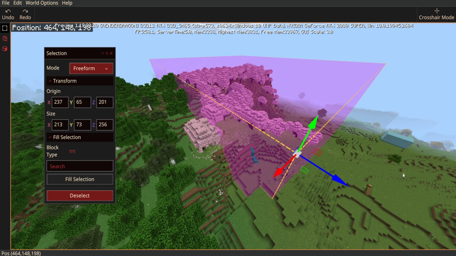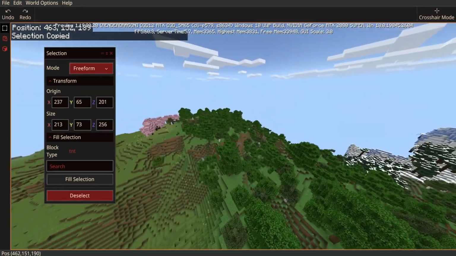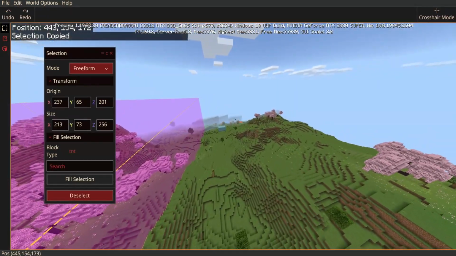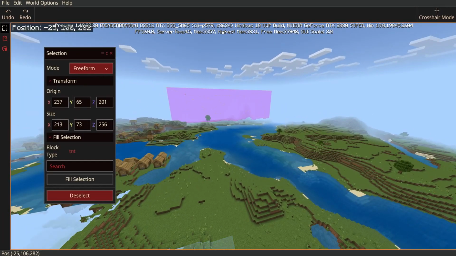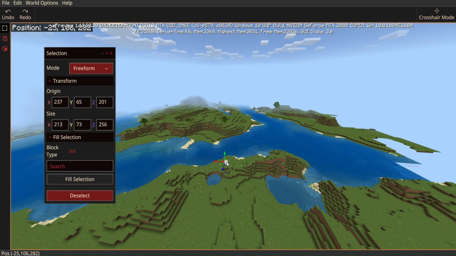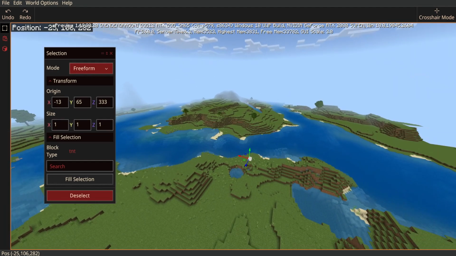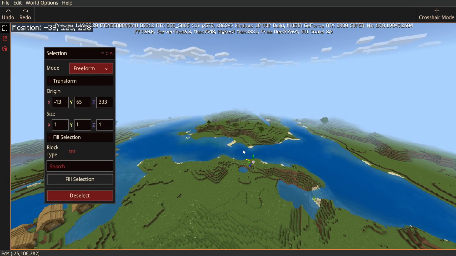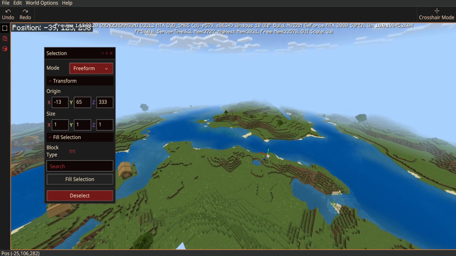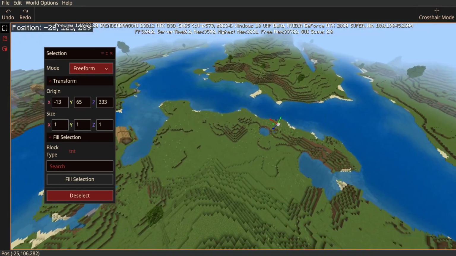I'm going to hit Control and C. Again, at the top, it's copied in no time. And then now I need to go find a location where I would like to paste it. So I believe there is a limitation on how much you can copy and paste, but I'm going to tap this here and hit Control and V. Now, this does not happen instantly. And this is something that can take a little bit of time and does cause a lot of lag. So you got to be patient with this copy and paste if you're doing it on a large scale